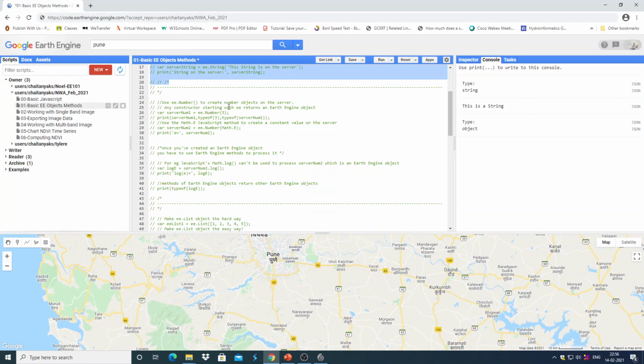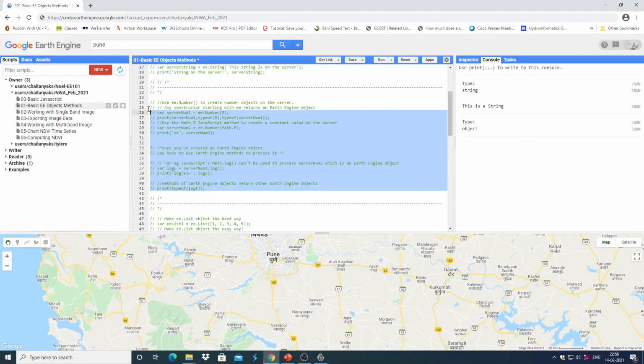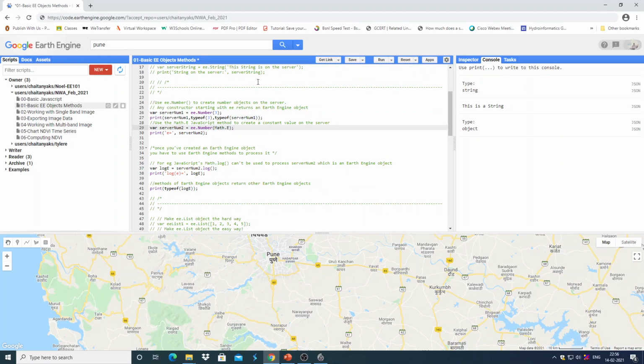Similarly, for Earth Engine numbers, we use ee.Number to create number objects on the server. Any constructor starting with ee returns an Earth Engine object, whether it is an Earth Engine image object, an Earth Engine number object, or an Earth Engine string object.